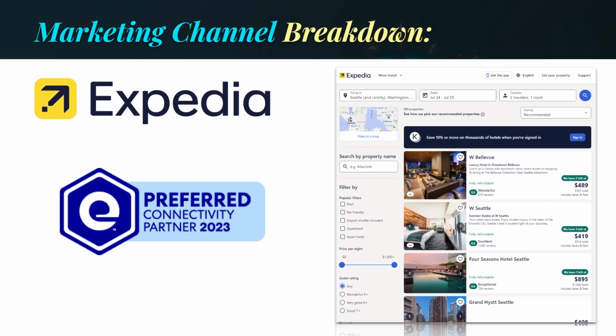One great thing about Expedia with ResNexus is that we're actually a preferred partner with them. As part of this integration, you can use Expedia promotions from your ResNexus back office in order to stand out on that platform. As for payment options for Expedia, you have two. You can either use Expedia's secure processing to have travelers pay online when they book and charge a virtual credit card for payment at checkout, or you can have your guest pay you directly at checkout, and you can then compensate Expedia for the commission.